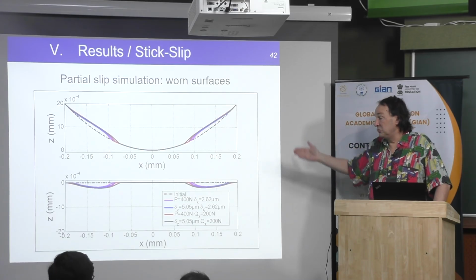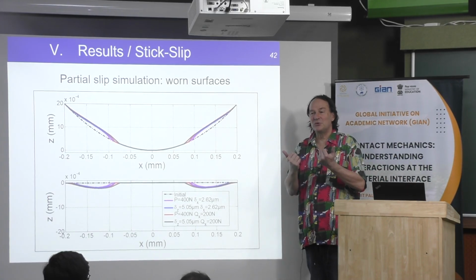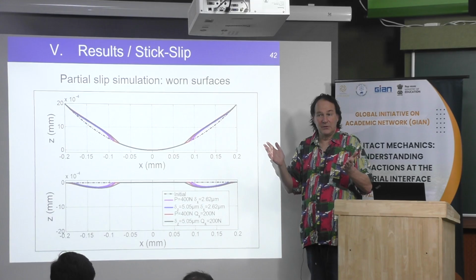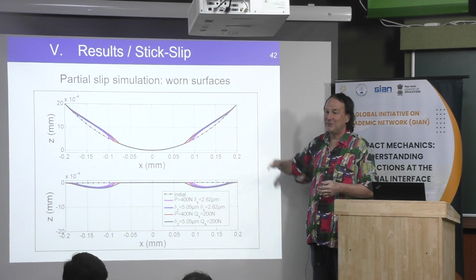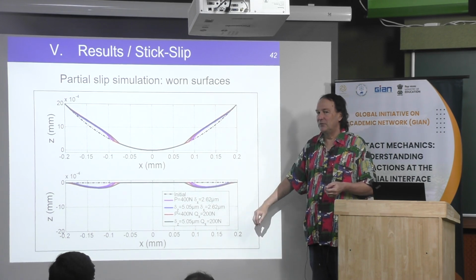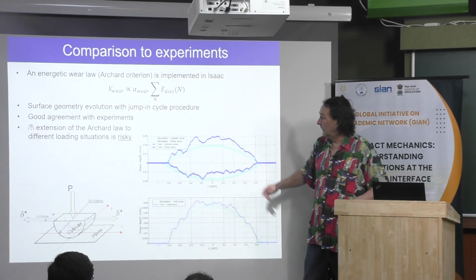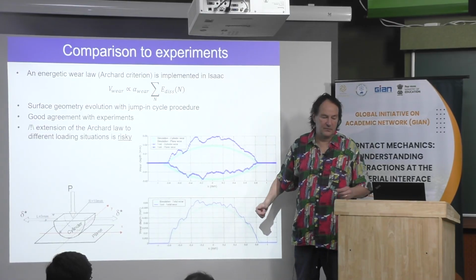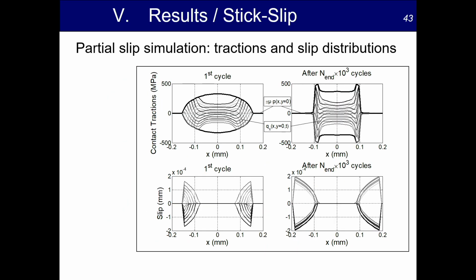But here, because you have two surfaces, and this is a total wear, in fact, now you have to share the wear on the two materials. Okay, then this is an assumption. If this is the same material, you can say that okay, the wear will be split half on one body, half on the other one. If you have different materials, you have to go back to that and see what is experimentally the difference, and you have two different wear coefficients, for example. And okay, this is the same.